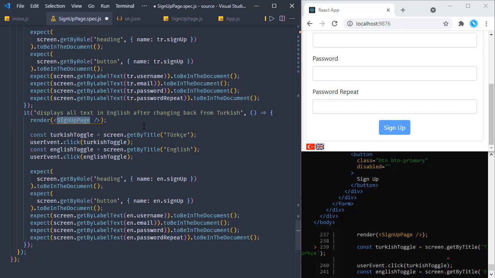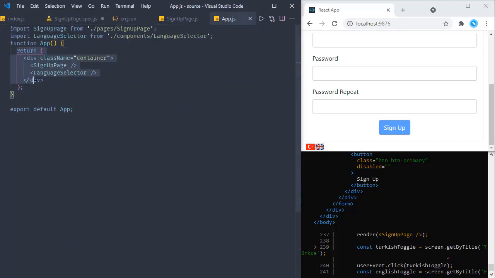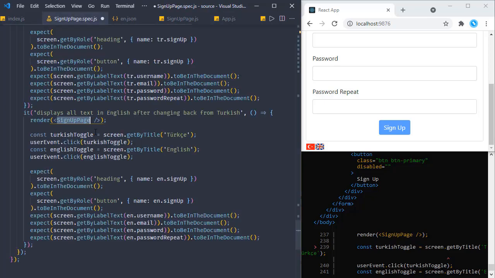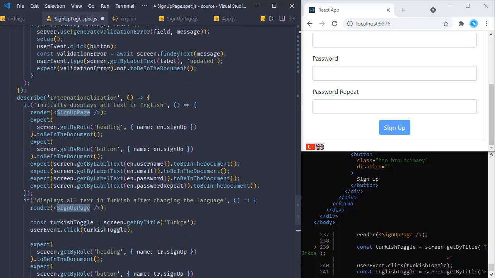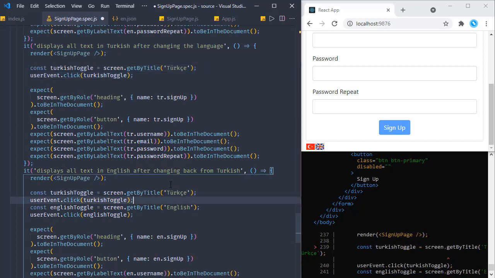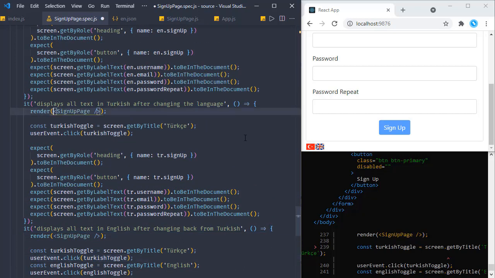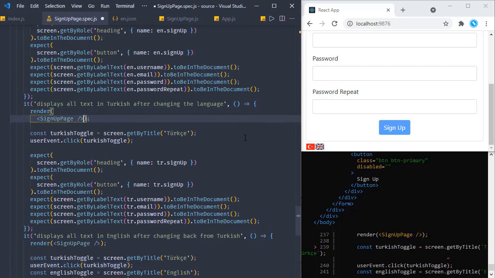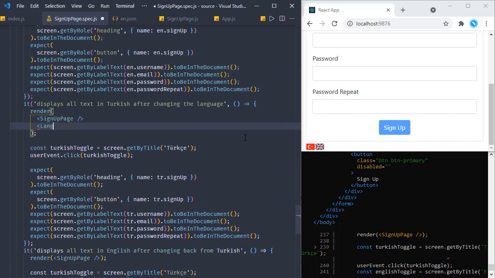So this render will be similar to the current state of the app component. So we do this query, the query of the flag, in this test and the next one. So we are going to render this one with the language selector,